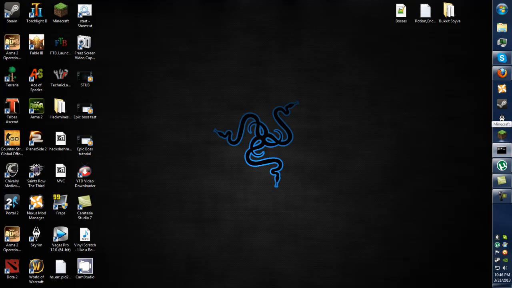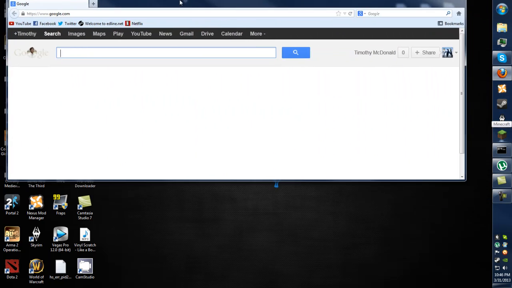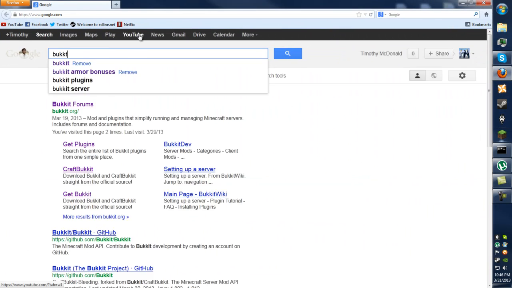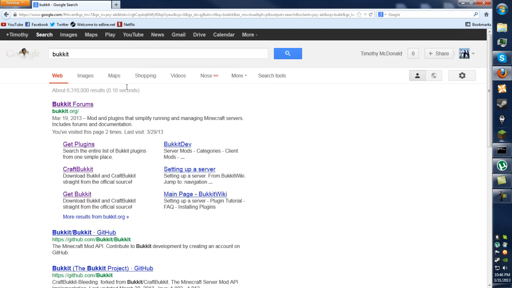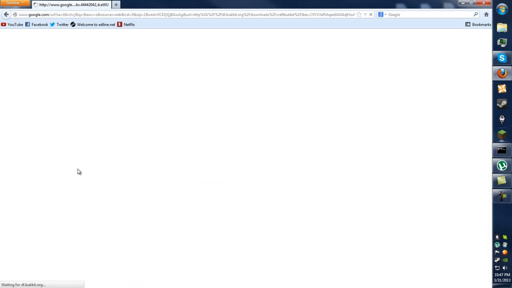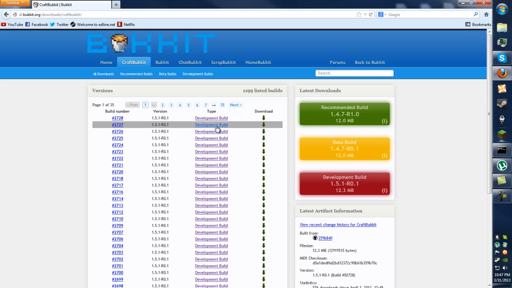So, to get started, you're going to need to go to Bukkit. I have Google pulled up over here. Type in Bukkit in Google, and then you see Bukkit forums, and you go down to CraftBukkit. Here we want to download a CraftBukkit build. It just depends on what you want to use, if you want to make a 1.4.7 server or a